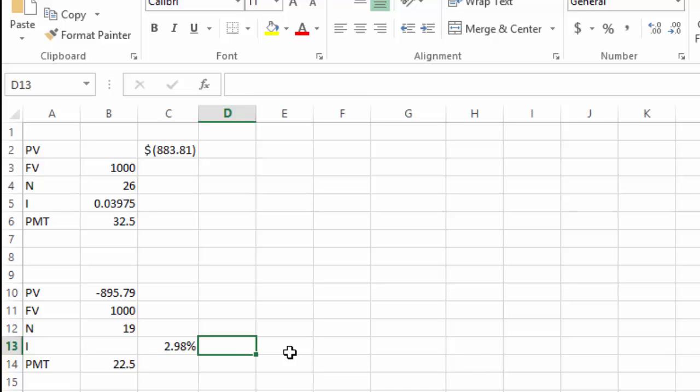And so because we use annual interest rates, because we talk about interest rates on an annual basis, I need to multiply that times 2 to get the final answer. And if I format that for a couple of decimal places, it's 5.95%. If I wanted to get a little bit more precise, 5.952% is the yield to maturity for this bond given these characteristics. That's what an investor would earn if they bought this bond for $895.79 and held it to maturity.